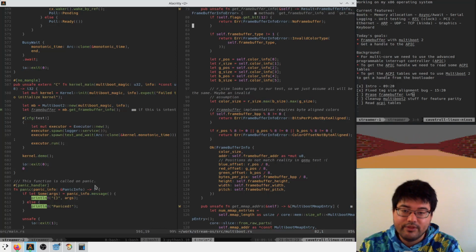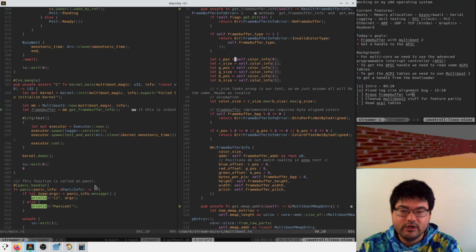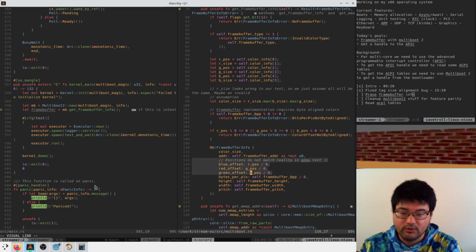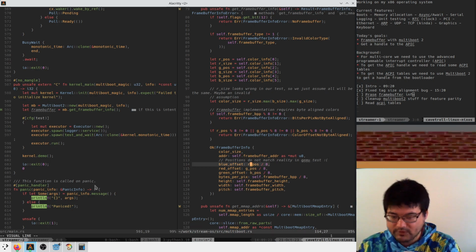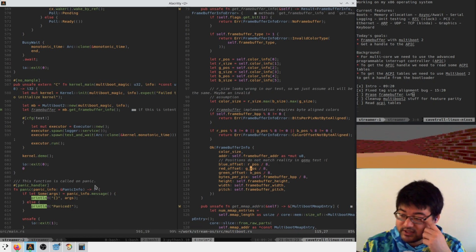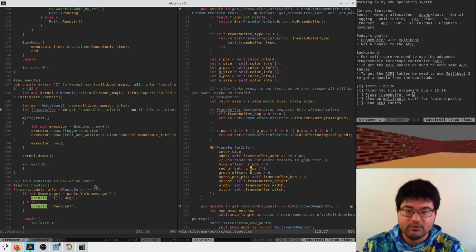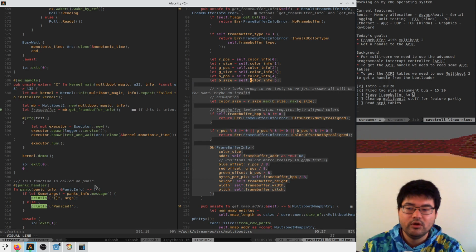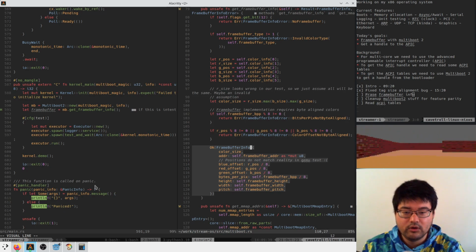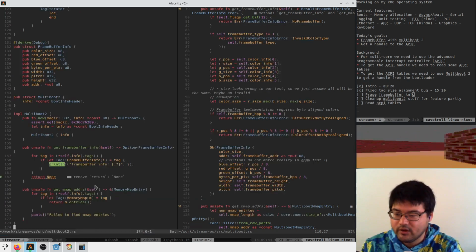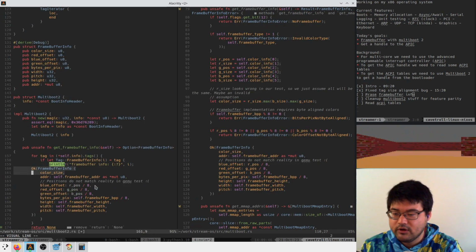So back when we set up this frame buffer stuff, we did notice that the positions don't match in real life what we actually see. So we ended up swapping red, green, and blue. And it looks like, if I remember correctly, we have to do that same hack again. So what I'm going to do is copy paste all this out of the frame buffer 1 stuff and put it in the multiboot 2 stuff and see if it lines up.